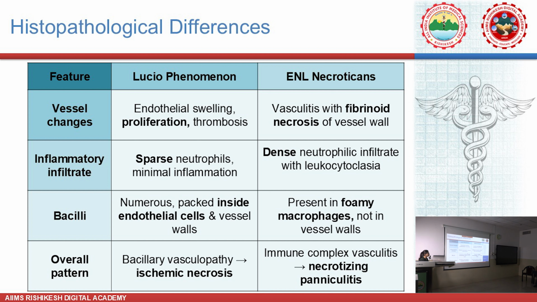Sir, in histopathology of erythema nodosum leprosum necroticans, there is vasculitis, there is immune complex deposition in the blood vessels that leads to the neutrophil infiltration. So what forms this immune complex? Immune complex of antigens of the lepra bacilli and the human antibodies against those antigens. So you will find bacilli in the vessels? In the endothelial cells, no, sir. And in Lucio, you will find a lot of bacilli. So I think bacillary vasculopathy is because the bacilli are getting accumulated in endothelial cells, causing swelling of the endothelial cells and leading to thrombosis, if I'm not mistaken.